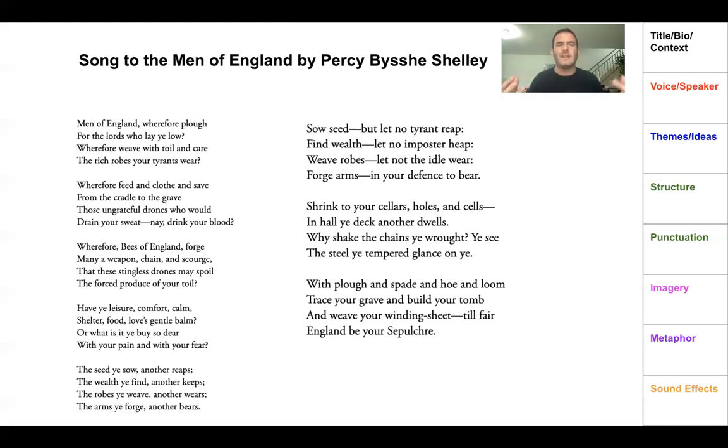But the "bees of England," which is capitalized as well, is a clue that he sees the bees as the workers, and the bee is the symbol of Manchester. Manchester was one of the epicenters of the Industrial Revolution. And if you go to the town hall, there are emblems of the bee all over Manchester town hall.